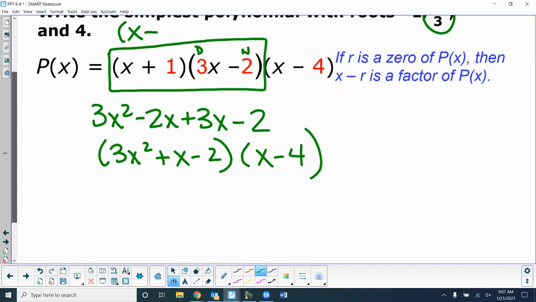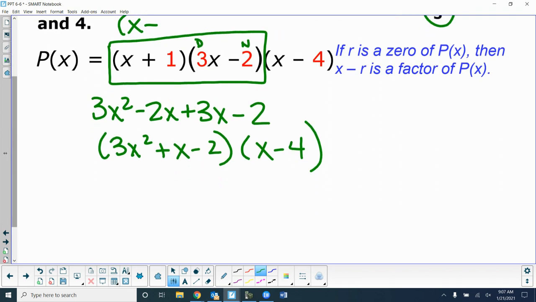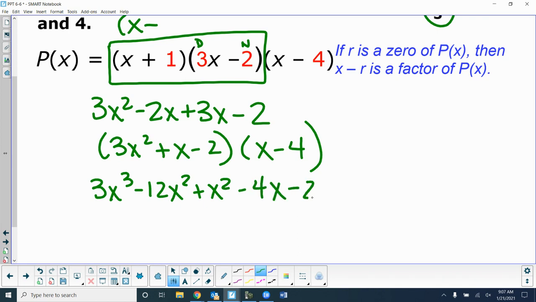All right, then I go 3x squared times x, and 3x squared times negative 4. Well, negative 12. Then x times x, x squared. And x times negative 4, negative 4x. Negative 2 times x, negative 2x. Negative 2 times negative 4, positive 8. Are there like terms? Yes. So my answer is